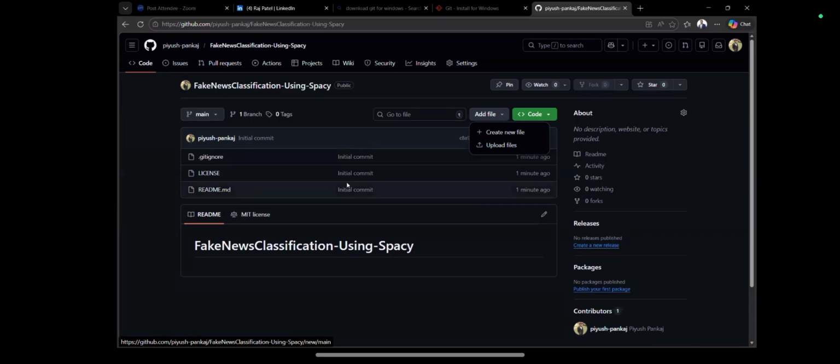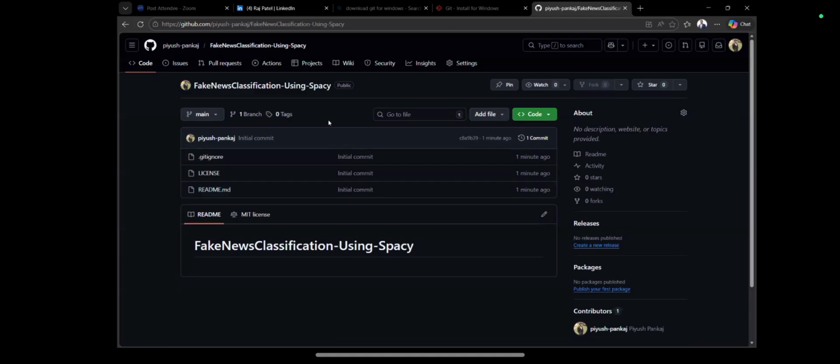Because let's suppose you have uploaded the file and if you want to make some changes in that coding file, you won't be able to update here directly, right? Now if I create some files after cloning this repository in my local system, I will be connecting that local repository to this particular Git repository.